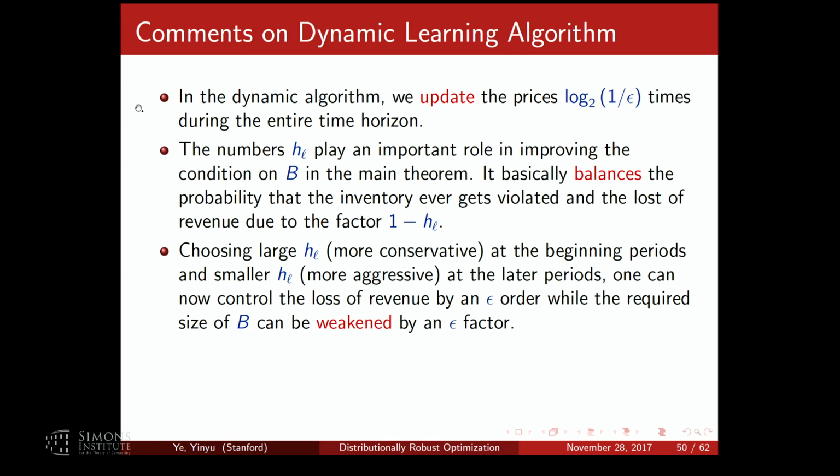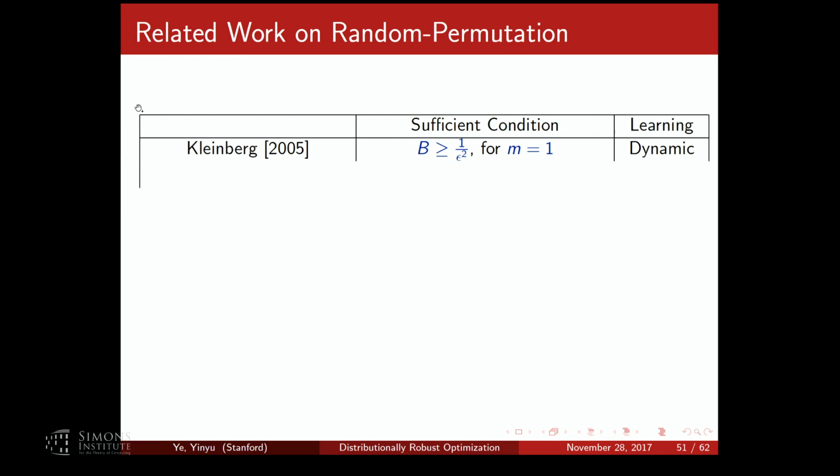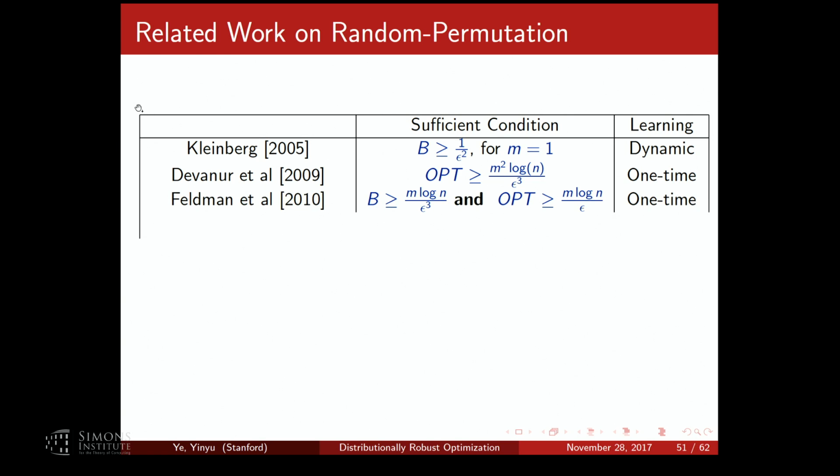So again, this is the time. I'm just giving a little bit of history of these problems. We proved the lower bound and the upper bound. For m equal to 1 it is good. There were some other unspecific bidding problems where you need OPT greater than this, and you can get 1 minus epsilon competitive ratios. There was a paper that needs it to be greater than epsilon cubed. The paper I talk about today is based on this 2010 work, so m log n over epsilon squared.